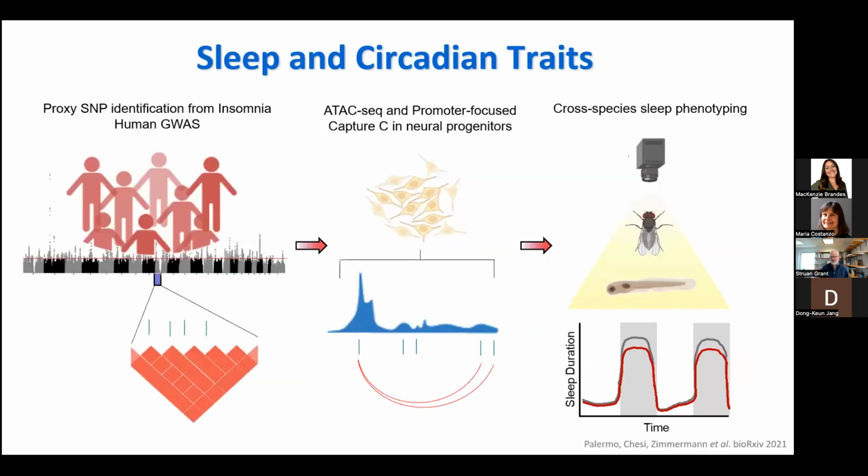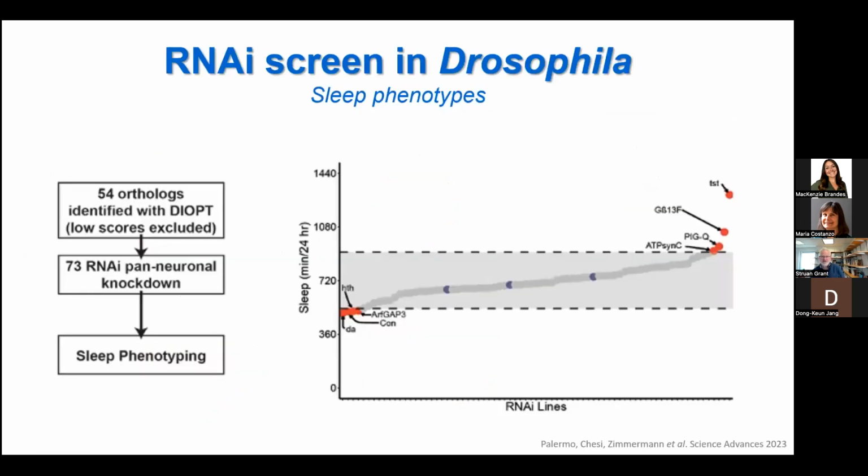And so the concept being is we take the human insomnia GWAS that was already published, that I had nothing to do with. Let's take the candidate cell type, in this case, neuroprogenitor cells that were derived from iPS. We happen to have our chromatin promoter maps generated for that. And then say, let's generate a candidate gene list. Let's knock them out in flies. And those that look interesting in the flies, let's then subsequently knock them out in fish.